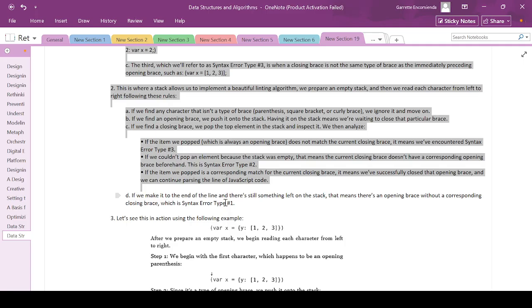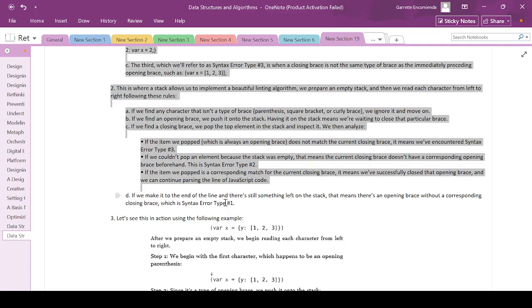As you can see, the algorithm may not be able to determine if it's an opening or closing brace when entering it in the stack. The only time we know is if we're not able to pop another